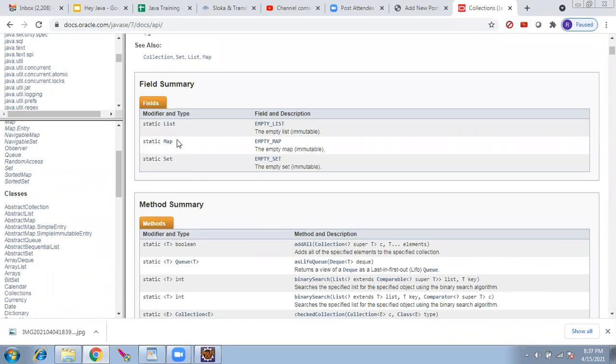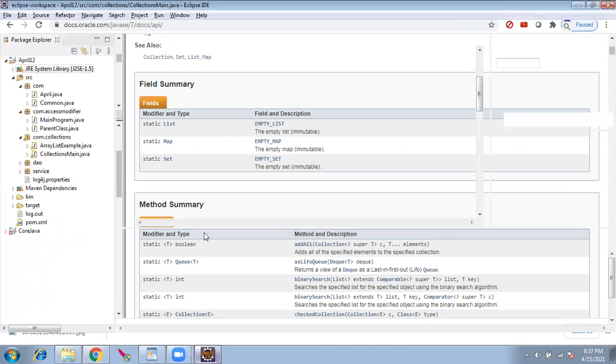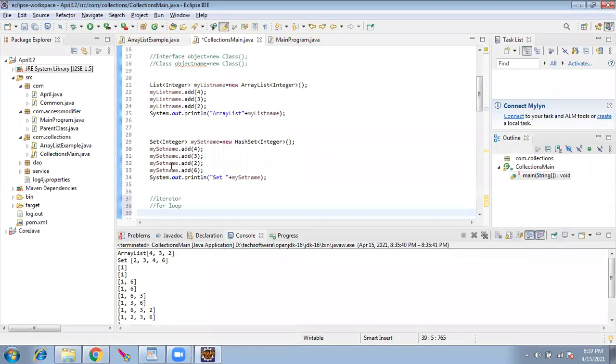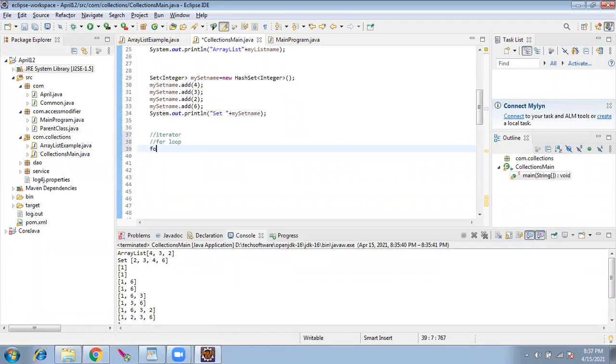So to access a collection, so collection means it will have more than one value. So to access a collection, we have the for loop. So the syntax for the for loop is for, there should be something inside. So what we do is for, what we have to iterate, we have to go over my set name. And when you go over my set name, you will be getting one object at a time. Temp, received object. And what is the type of that object? Integer.